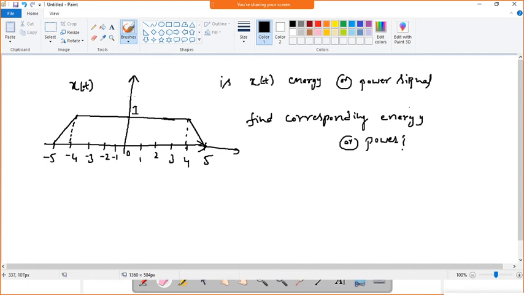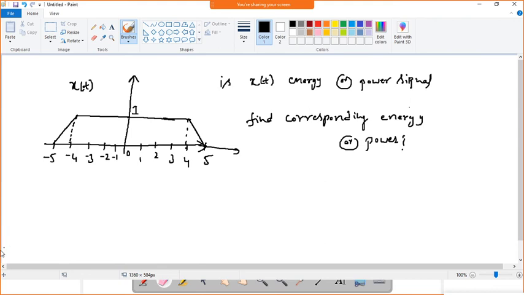So is it a finite signal or an infinite signal? The signal which is having values, is it finite or infinite? Finite, sir. So if it is finite, what is the signal? It is an energy signal, right? Yes, sir. If it possesses finite energy or finite signal values, it will have finite energy. That's why we call it an energy signal.